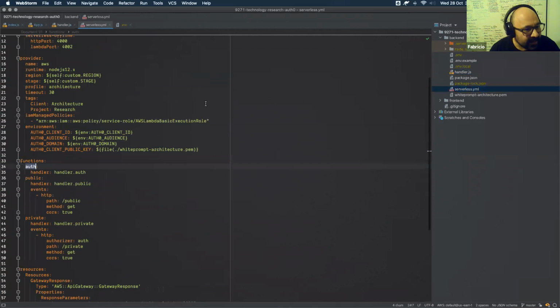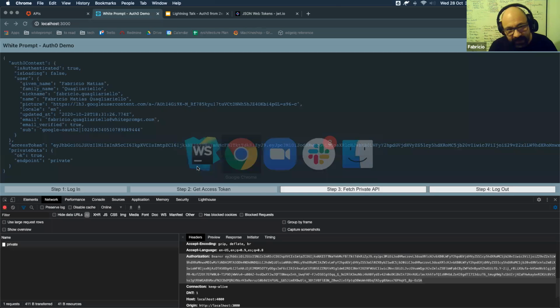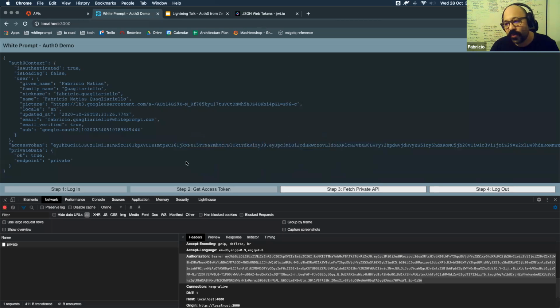As you can see here in my environment declaration, I'm actually reading a file. The good thing about these signing keys, these public keys, is that you can download them. As long as you are not using rotating signing keys, this public key will be valid to validate